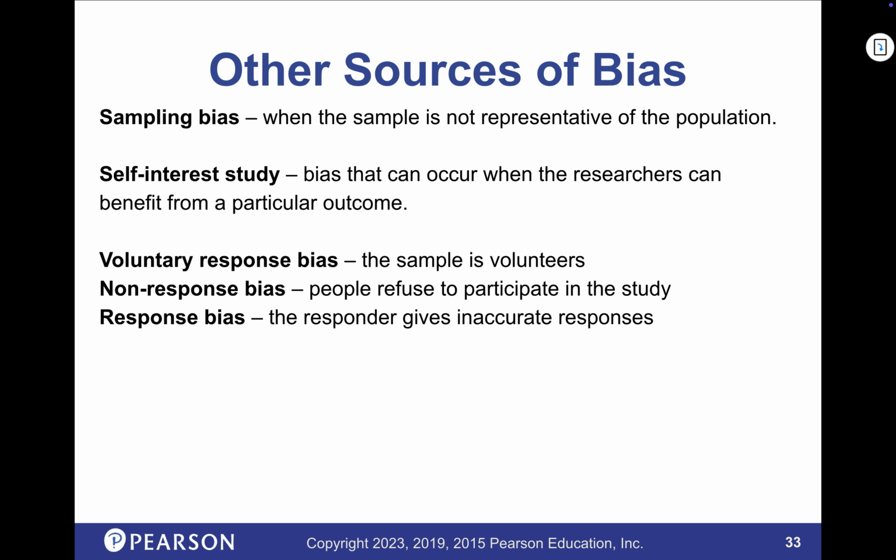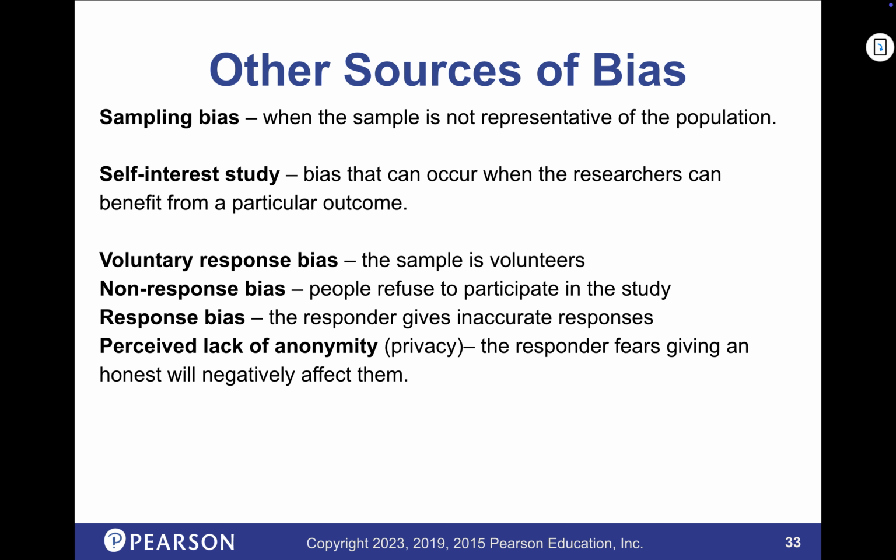There's also response bias. People don't always tell the truth, and maybe not on purpose, but they hide things. Perceived lack of privacy. It's easier for me to say privacy than that other word. Like when your employer asks you, how do you like work? Oh yeah, I love it. Because if I say I hate it, if I tell them the truth, they're going to fire me, right? So you're afraid that your responses will result in bad treatment of you, so you're not going to tell the truth.